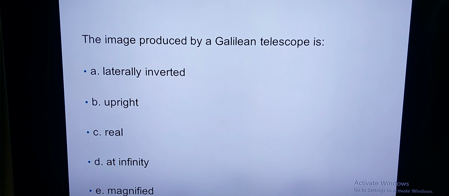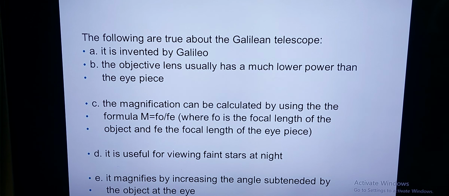And last of them, the image produced by Galilean telescope is, this is तो very simple. इसमें से दो ही incorrect हैं, straight forward है। Inverted तो नहीं है बिल्कुल। हाँ बेसिकली वो है ना वर्चुअल इरेक्ट मैग्नीफाइड और इन्फिनिटी होता है, बिकॉज वो लाइंस तो मीट नहीं करती होती तो पीछे आप ड्रॉ करते हैं इन्फिनिटी पे जाता है। हाँ ए और सी फॉल्स हैं, वर्चुअल इरेक्ट मैग्नीफाइड।